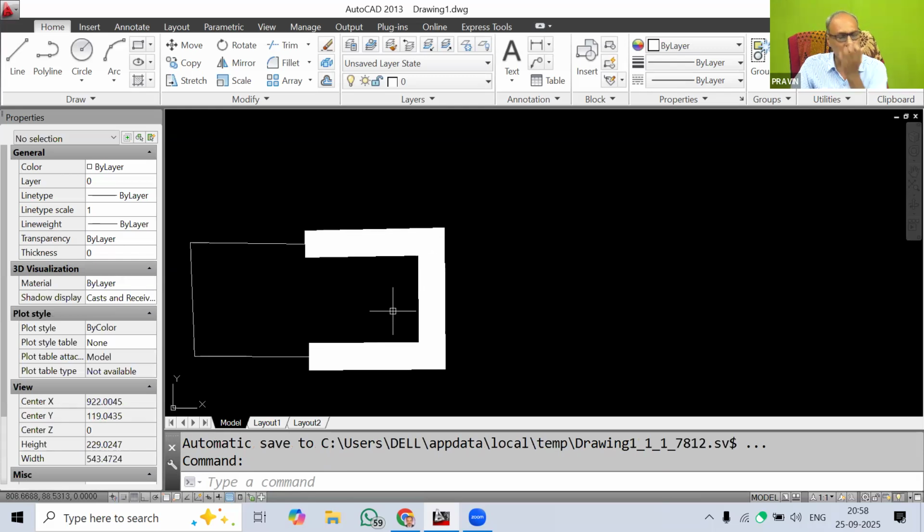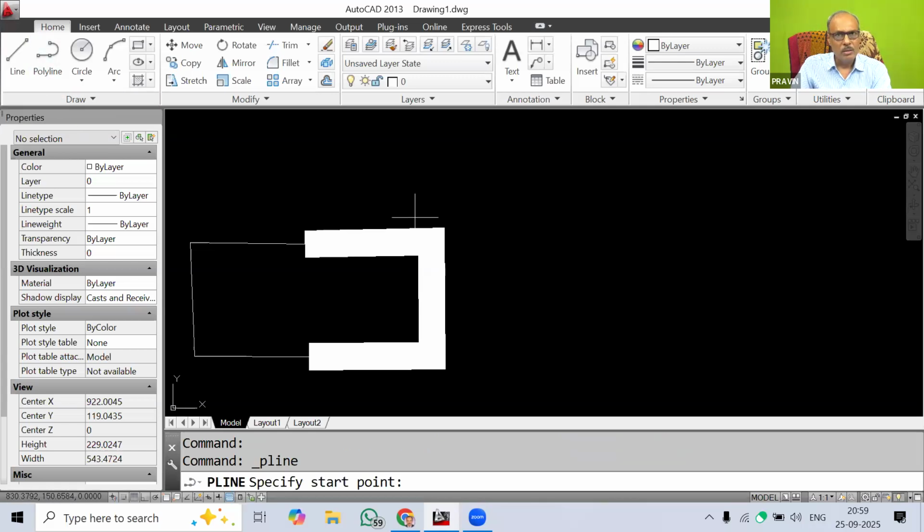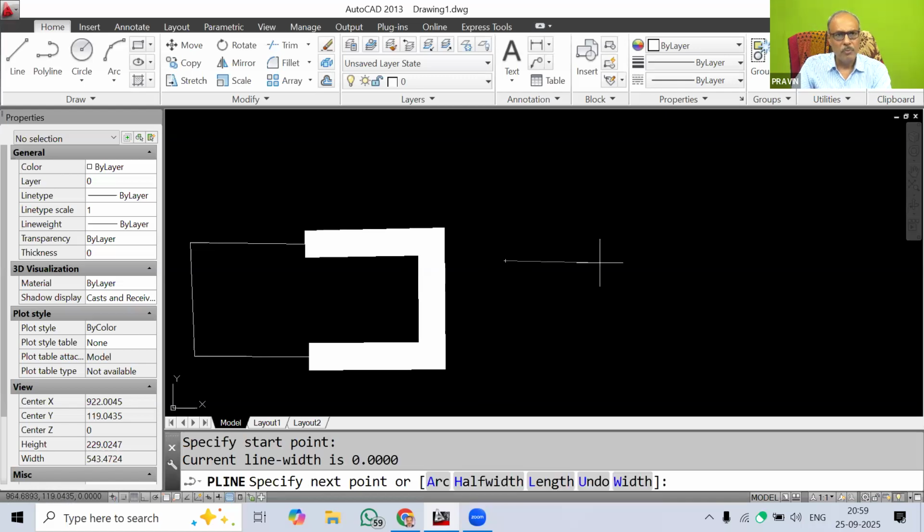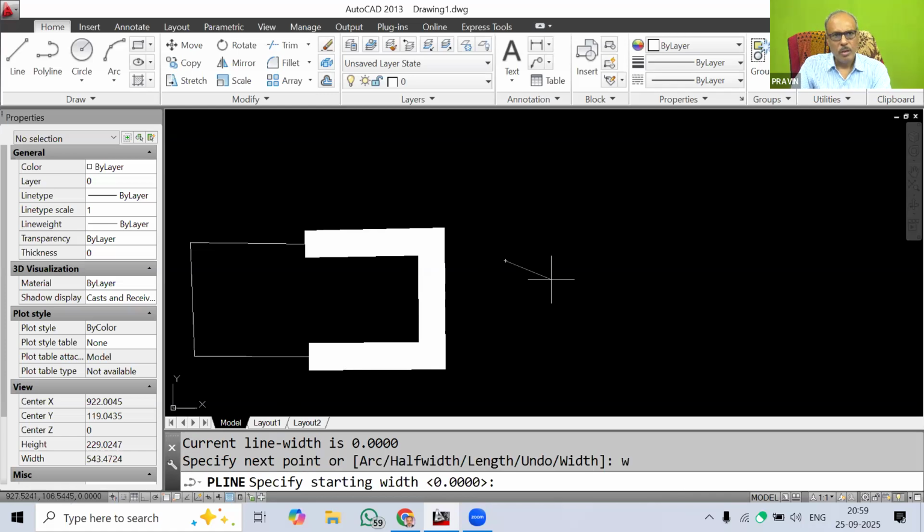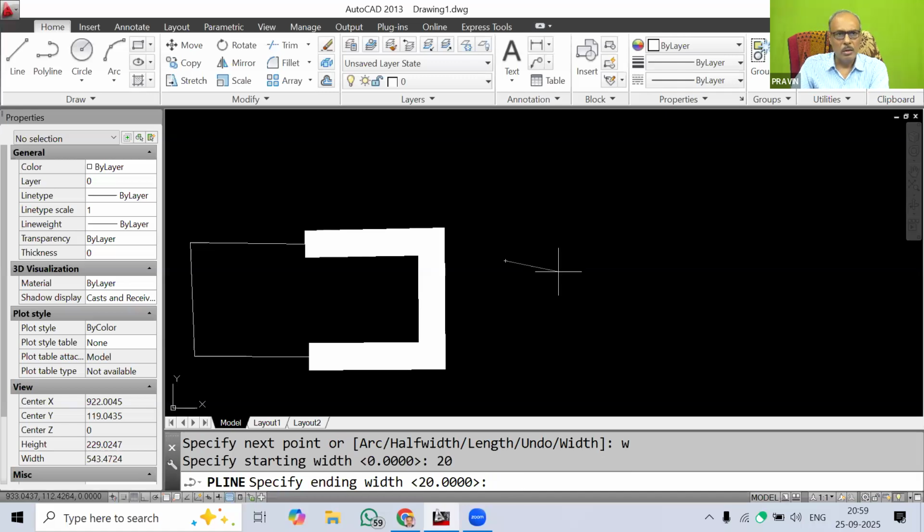That is, in a polyline we can increase the thickness. But the thickness you have to change at the starting and at the end also. By using this polyline command, we can draw objects such as I will show you here. I have clicked the start point. Now you can see on the command line it is given that current line width is 0. That means the line width is currently 0. If I want to increase it, I can directly type W. And now starting width I will give 20 again. Now ending width is asked.